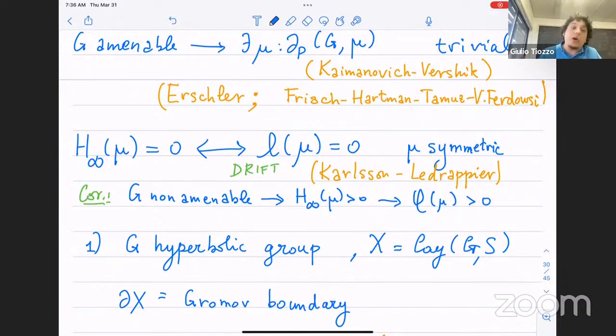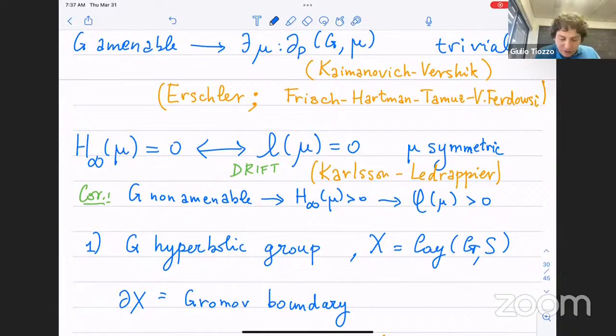This is the action of the group on itself. Now, it's much more tricky if you look at the much more degenerate action. For instance, if you look at the action of the mapping class group, not on itself, but on the curve complex, well, then it's much more subtle because this space is much bigger, and somehow the action is very bad, it's non-proper and things like this. So in fact, this I proved with Joseph, but this is a much more subtle question. But if you look at the group acting on itself, the non-amenability is sufficient to detect the positivity of this.